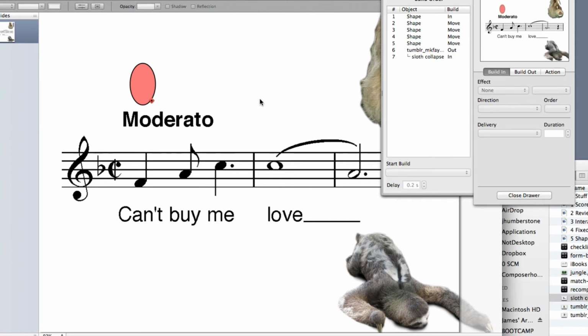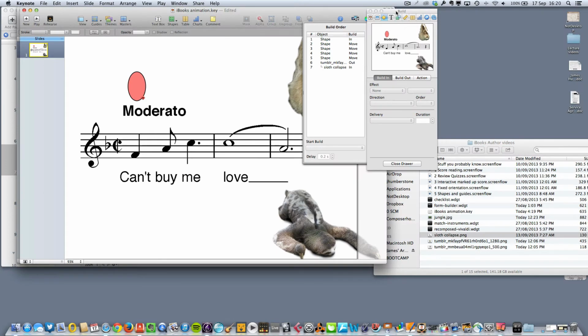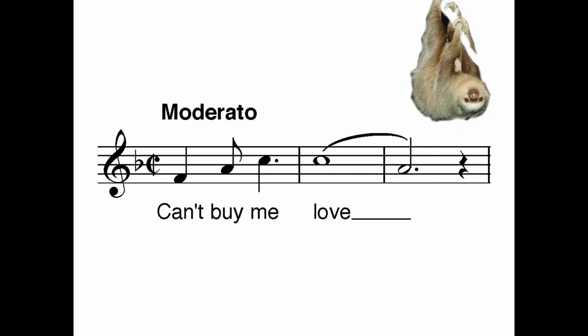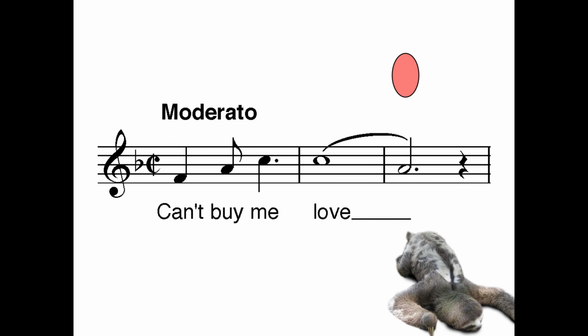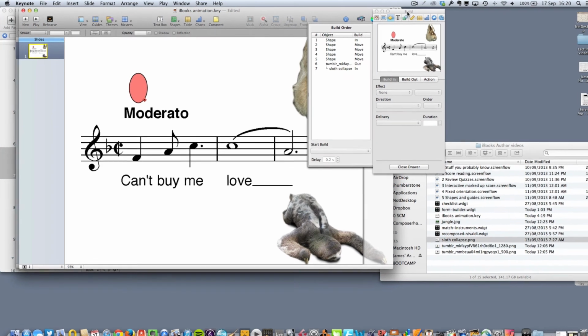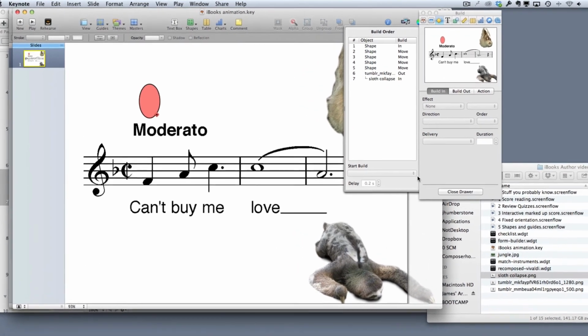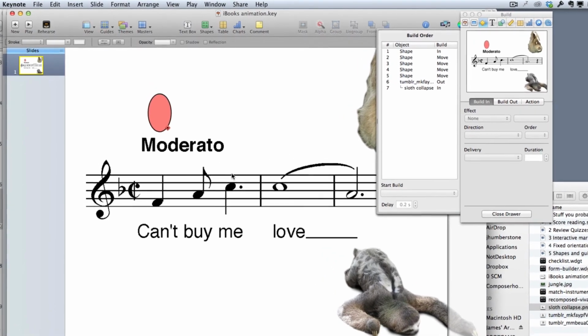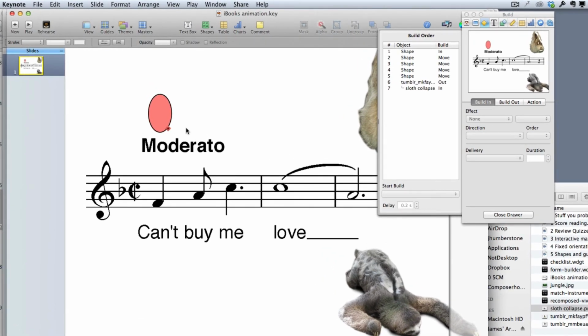So I'll just test this animation in here now and see how completely brilliant it is. So I'll just press the play button. Here comes my ball. Now it's moving 1 second at a time along those notes, and there we go, you can see it. My sloth ends up splattered on the floor. So that's fantastic and extremely musically educational. I'm going to just save that, and it's time to put these Keynote animations into